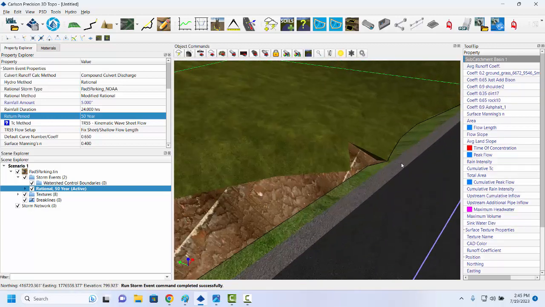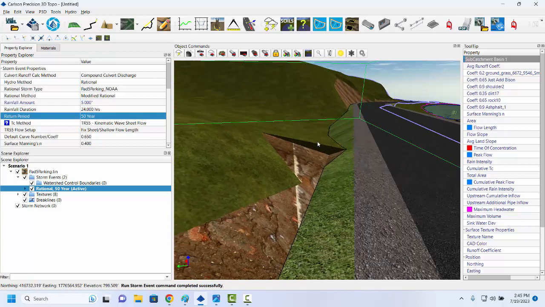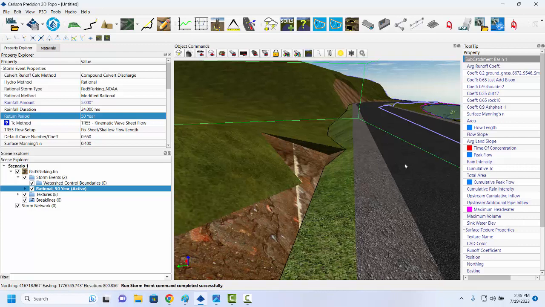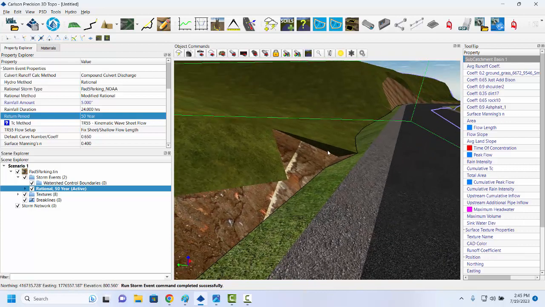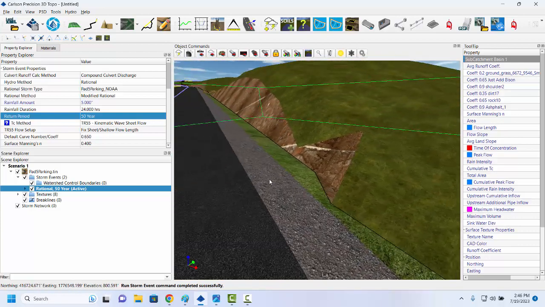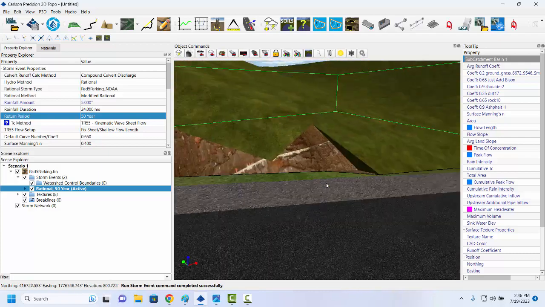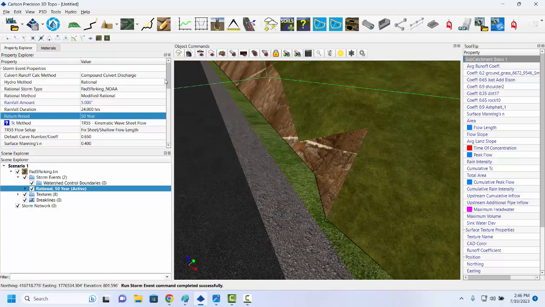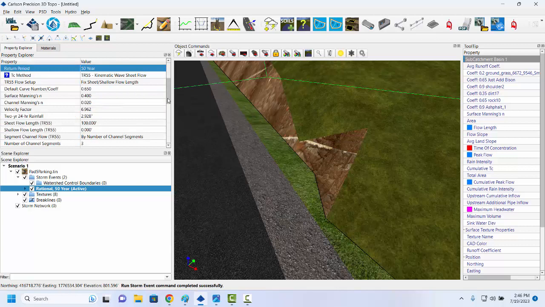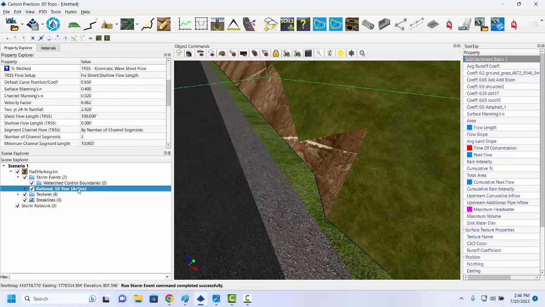But notice that we did not get water in this sort of artifact left over from RoadNet, where we have a little dammed up area that we'd like to eliminate later. But that's because of another default setting that you can examine